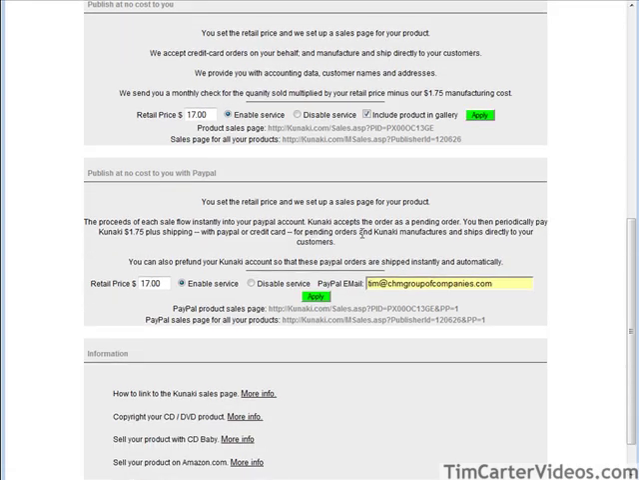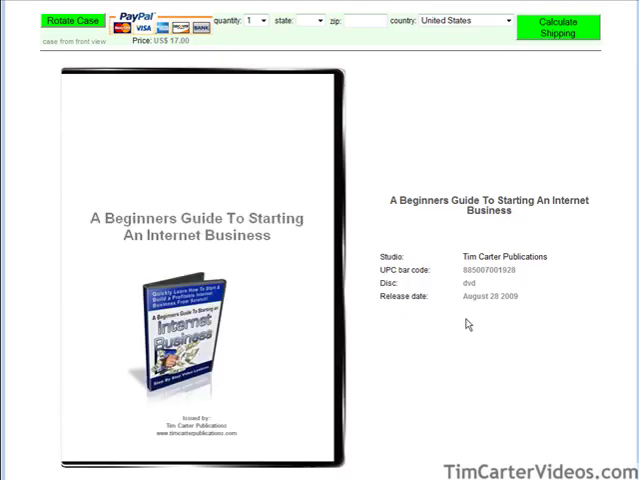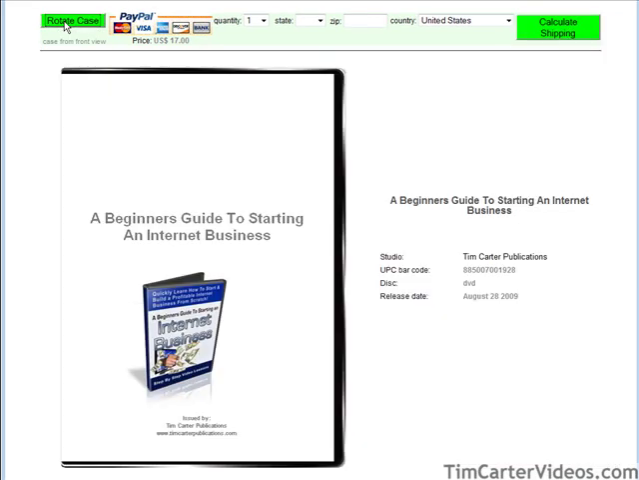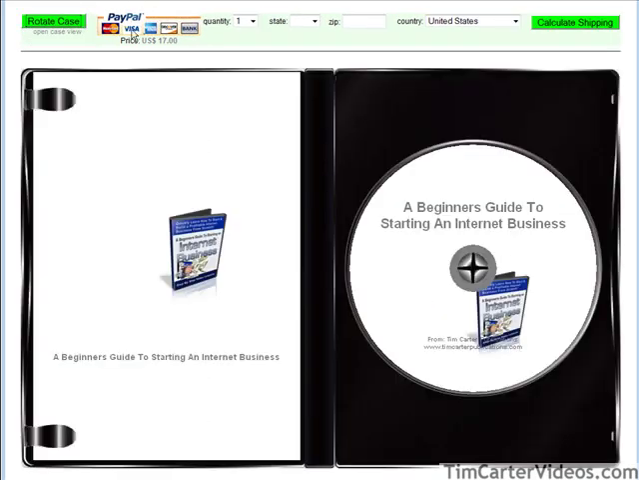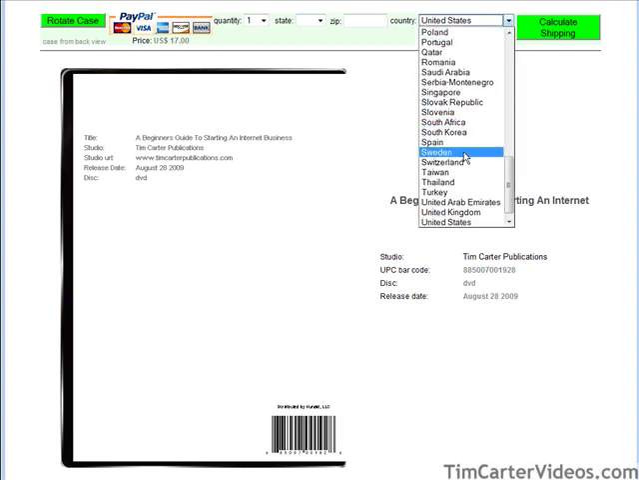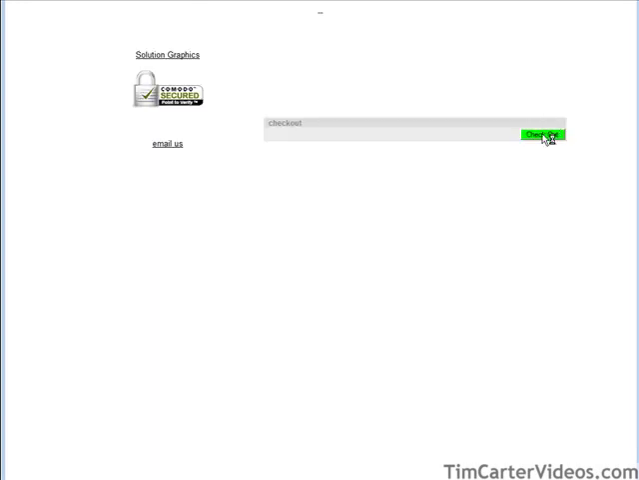Now, similarly with PayPal, you have two different sales pages. Though they look the same, let's click on this one. Here's a sales page for PayPal. And again, they can rotate the case. And you see here that they have PayPal is their payment option. And it's going to go to your PayPal account. So again, they would pick their country here, calculate the shipping,